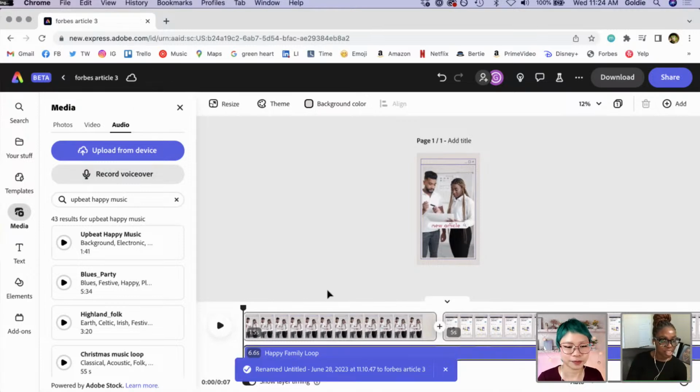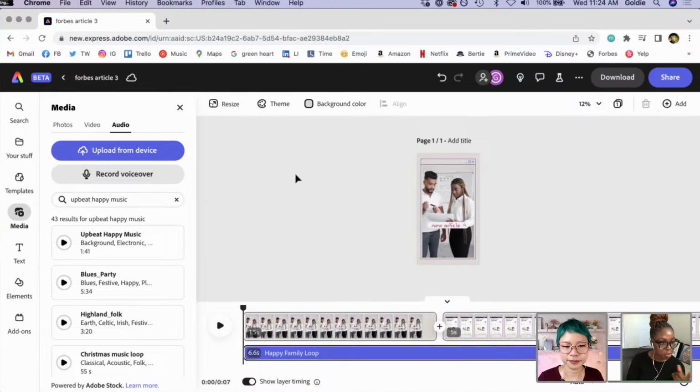And I also really like that there's an option to add the music, but you could also record a voiceover. I didn't know you can record voiceovers in Adobe Express. So you can. I'm not going to do this, because I can't hear anything right now, and that's my fault for not sharing the audio. But you can also record voiceover, which is so helpful.